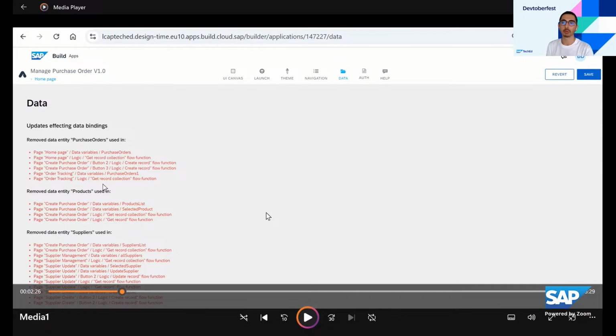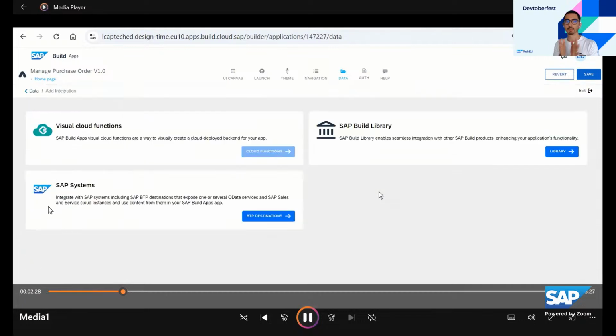Of course, you can have more than 3 data entities, because this app requires 3 data entities in total. But of course, you can have more and more data entities. Then you will require additional configuration for those. But for today, let's stick with the plan and go to the Visual Cloud Function part of the Data tab